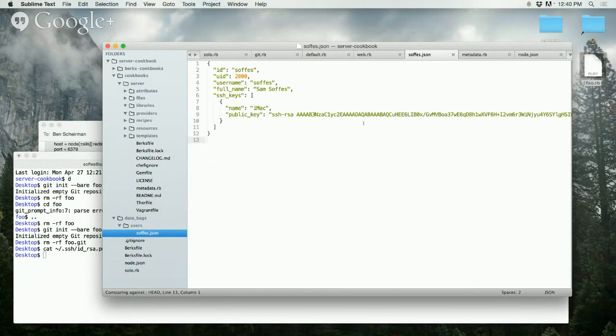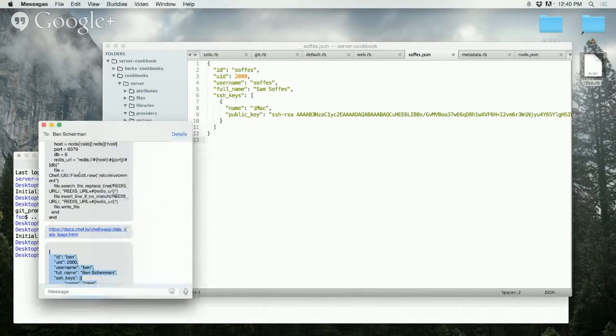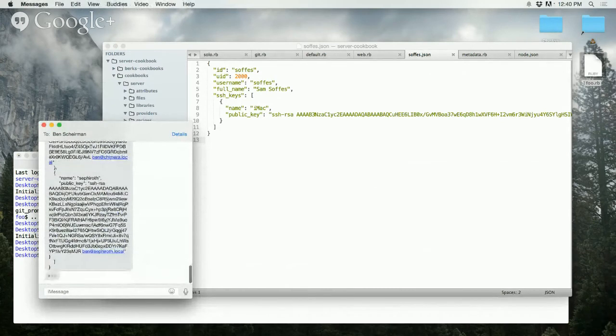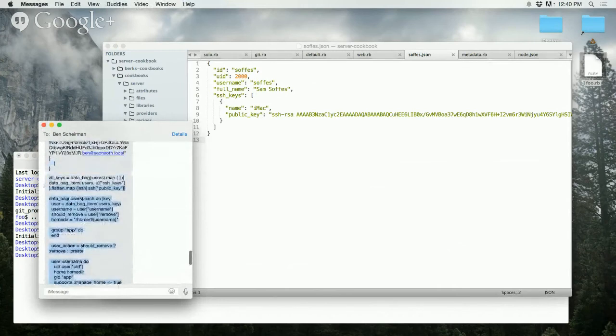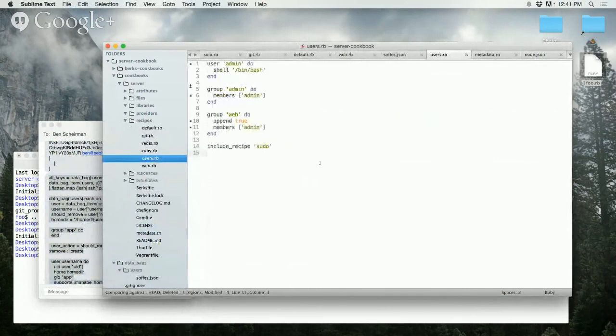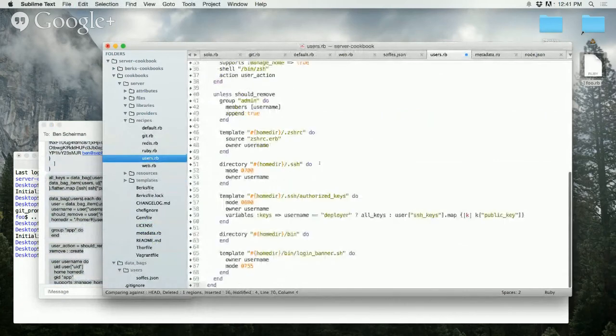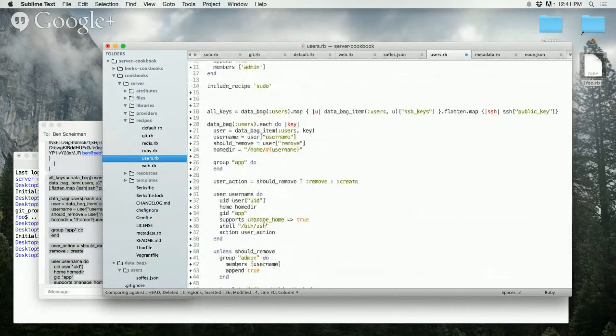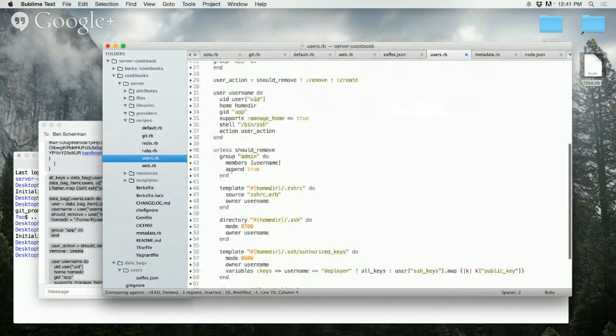Okay. Well, it's fine. I'm going to paste in some more stuff because you can just do this in a users recipe, be its own cookbook. Sorry, that didn't work. Okay, so this one is basically how I set up all the users. So we already have a users recipe, so just paste this at the bottom. And you can kind of follow along. So for each user in there, it looks for the data bags users, pulls out all their keys, and then for each one,